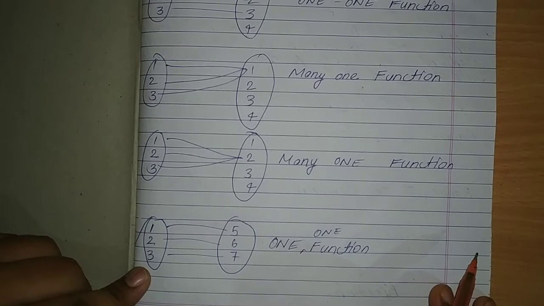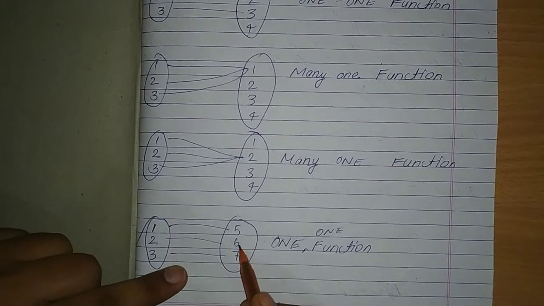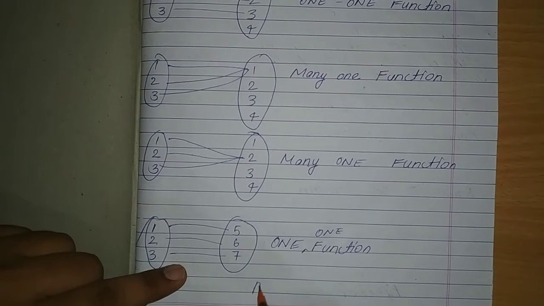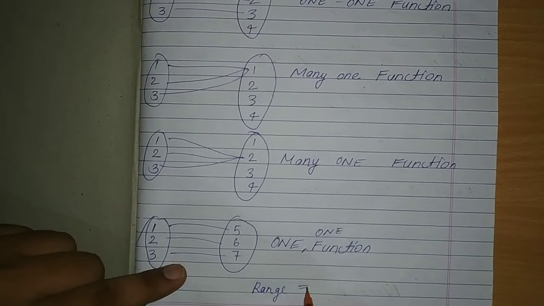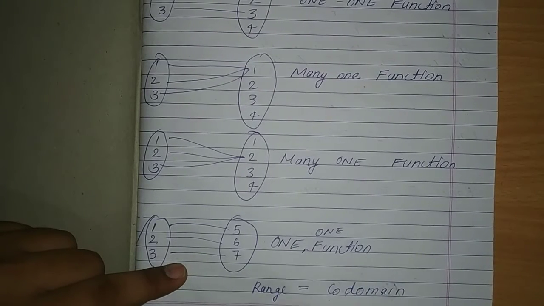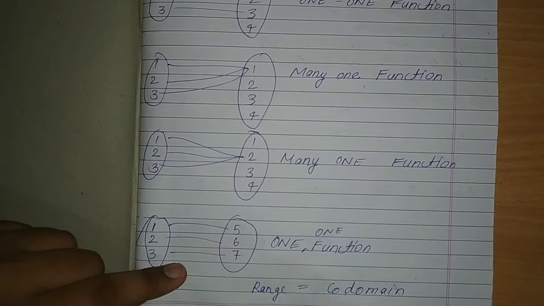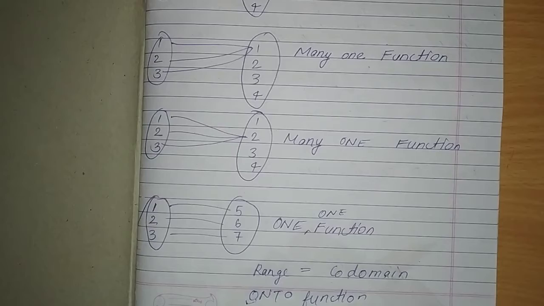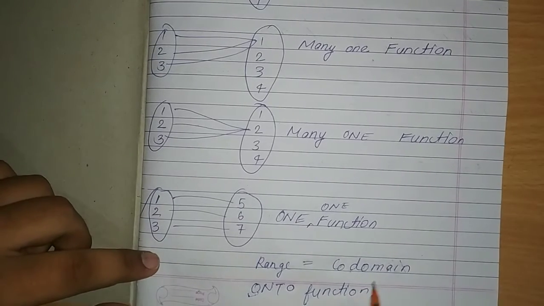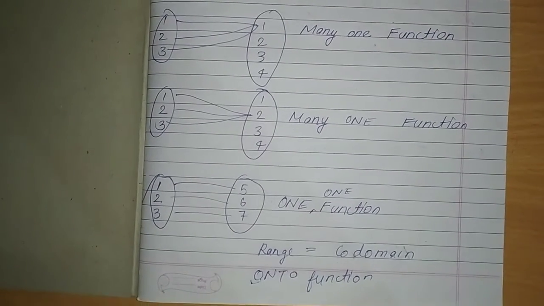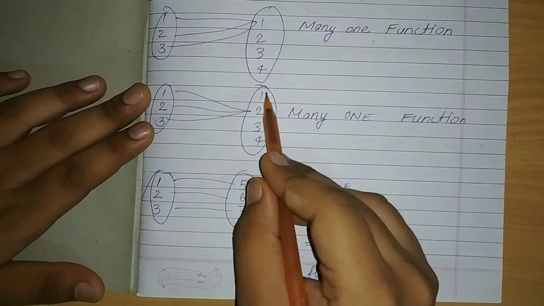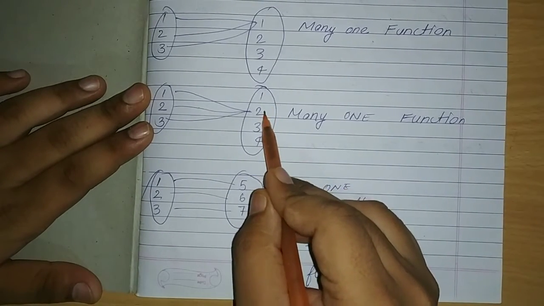Tell me guys. कोडोमेन क्या है इसका? 5, 6, 7, ओके, एंड रेंज 5, 6, 7. It means that range becomes equal to codomain, then it is an onto function. So ये एक onto function है, ठीक है गाइस, क्योंकि रेंज कोडोमेन के बराबर हो गई। अब इसको देखते हैं, इसके कोडोमेन में क्या है? 1, 2, 3, 4, ठीक है।